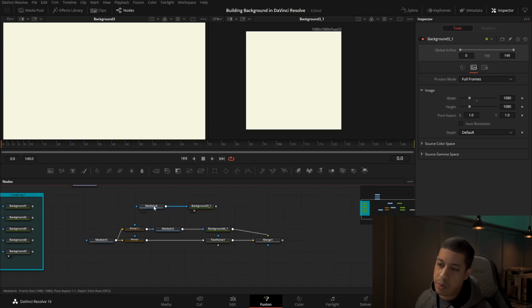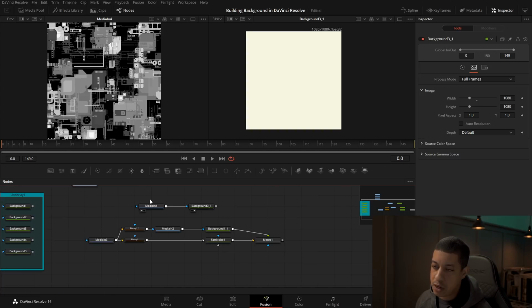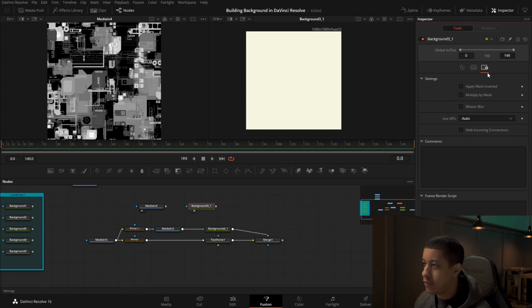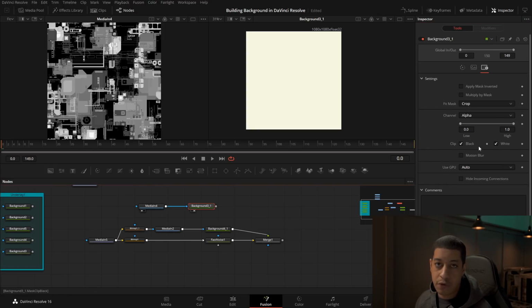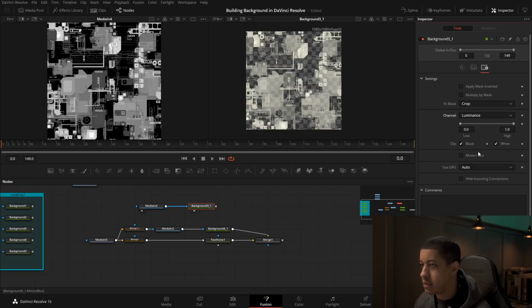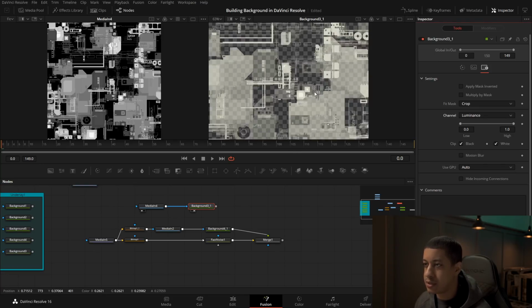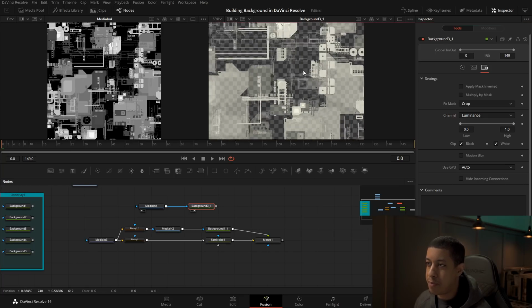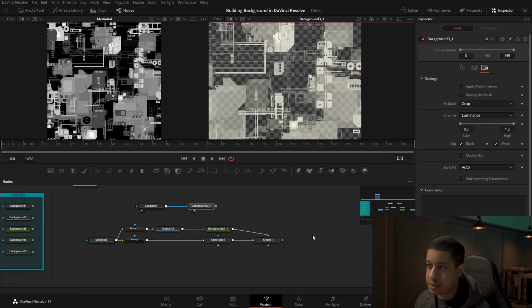Alright, so the other thing too is what we're doing here is we're taking our image and we're passing it in as a mask to this solid. And then once you, on a background, if you come over here, you don't really see anything. But once you connect up a mask, you'll then get all of your mask settings. And I'm using luminance, so what that's going to do is the bright bits are going to show through more, and then the not bright bits, they're going to have a transparency. And then you can kind of move these around to get, you know, the desired look that you want.